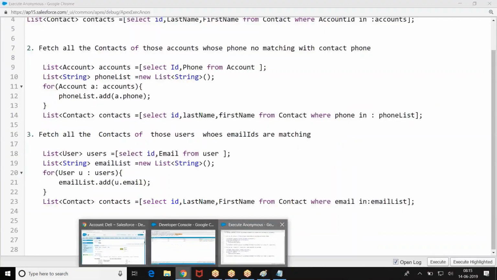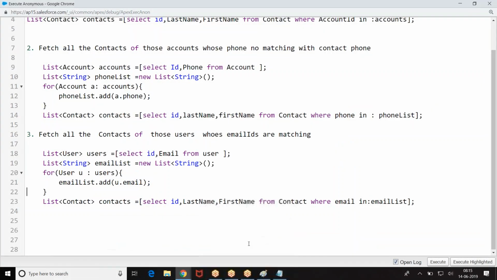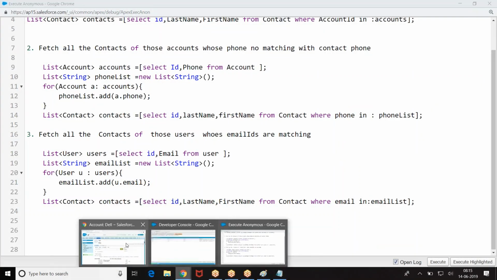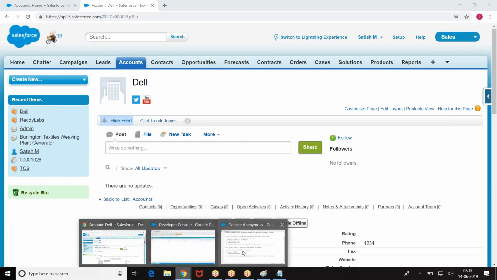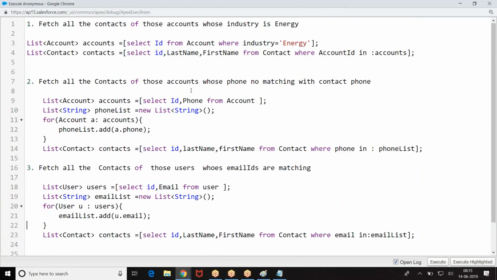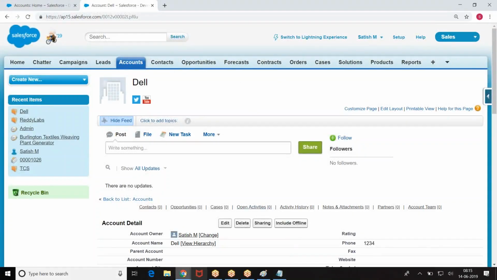Then how do you write the query now? It doesn't matter to us whether it is a standard object or a custom object. What matters to us is who created the relation.